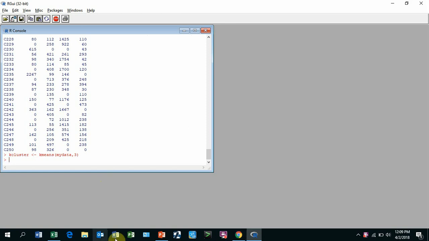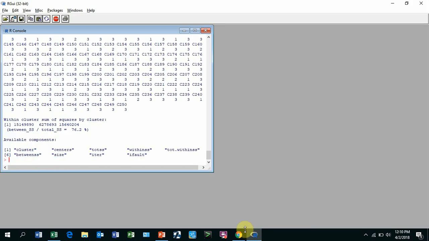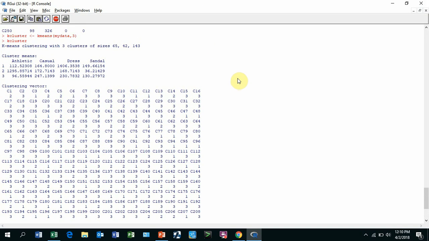And after I do that, you can actually see what the results are. And if you see what happens, each customer is now put into one of these 3 clusters. And this gives you the centroid, or the middle, for each cluster. So you can see that for athletic, clearly cluster 2 is the one where it's the largest. Cluster 1 and cluster 3 are small, but cluster 2 is really what identifies,